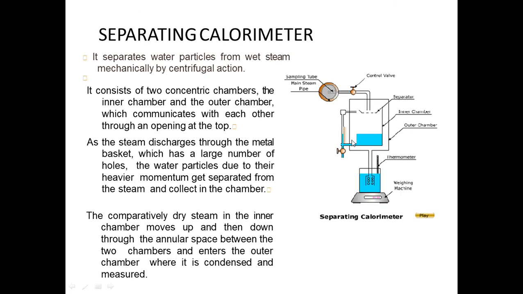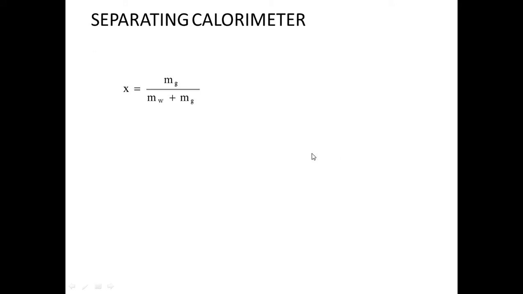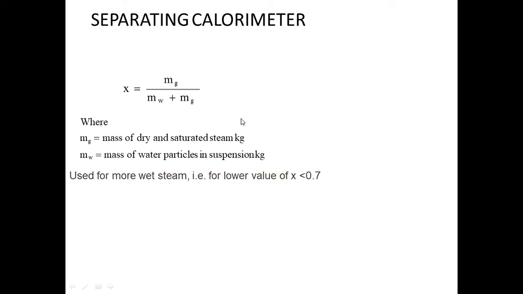That mass of water is separated here. So the mass of water separated and the mass of steam condensed, m_s or m_g you can write. From that equation you will get the dryness fraction. So this is a very simple experiment. You just have to mechanically separate the moisture content and the steam, and you can write the dryness fraction formula. Now the problem is, is it so easy to separate the moisture content and the steam?